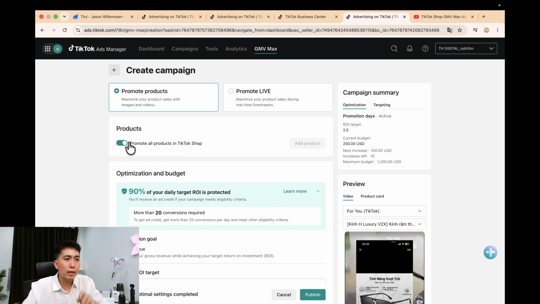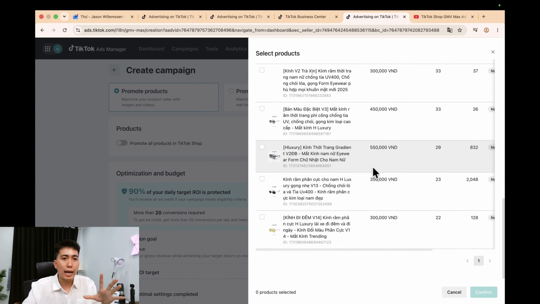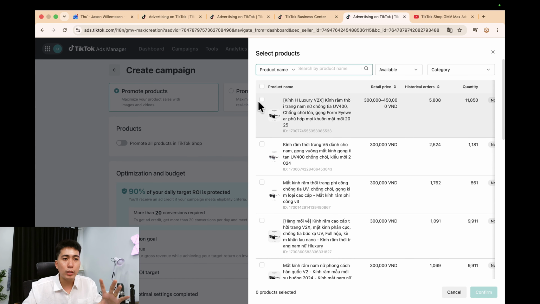For instance, here, turn off the switch for Advertise All Products for me, okay? Then click on the Add Product button. For example, here I have about 20 products, so you should follow a formula. Pick the 2 or 3 best-selling products and create your first campaign with them. Here, I will select the 3 best-selling products to create a separate campaign first, and then you click the Confirm